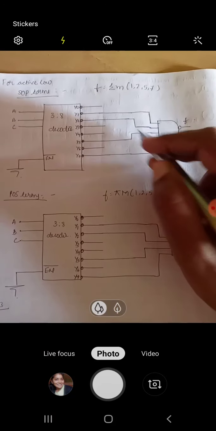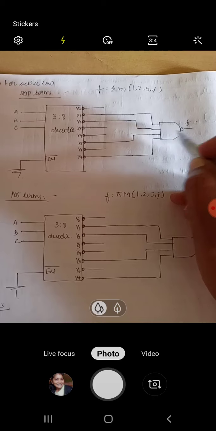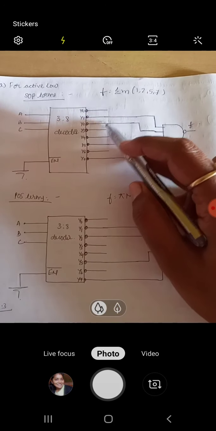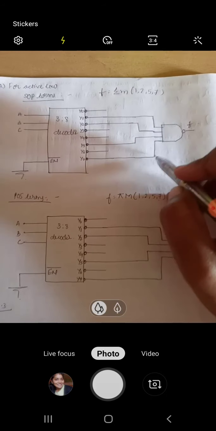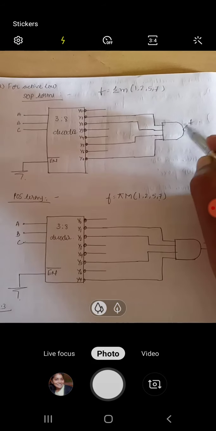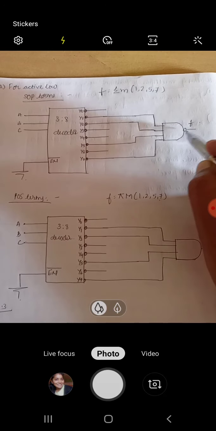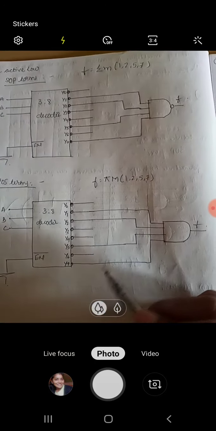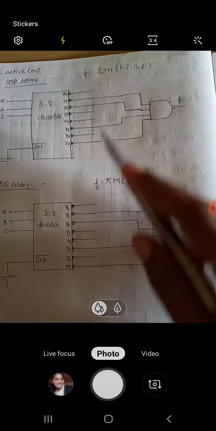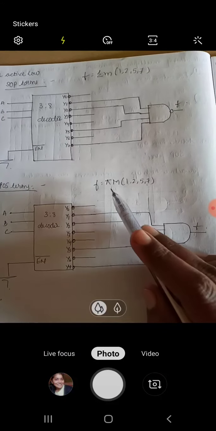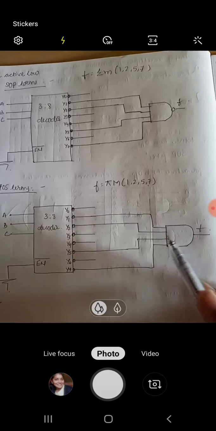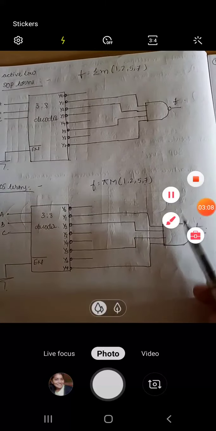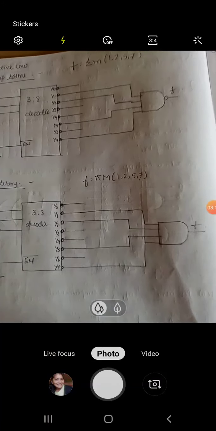Similarly, instead of having an AND gate, I have used a NAND gate over here. So 1 2 5 and 7, I have just ANDed, then put a NOT gate, so this becomes a NAND gate. But similarly for product of sum terms, you have the same thing. Instead of summation m, you have it as pi m, but this is not negated. So this is not negated, it means you generally use a NAND gate over here.